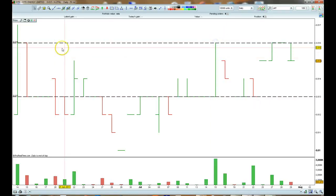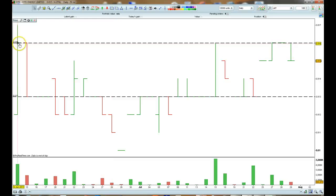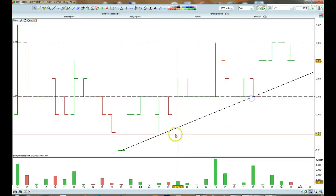It's your highest volume bar on the chart. It corresponds with this, the closing price of this one over here. I mean, there's not a lot more you can say. Is it an uptrend? Got that little uptrend there, I suppose, but it's not enough information there to say anything. This is probably why it's